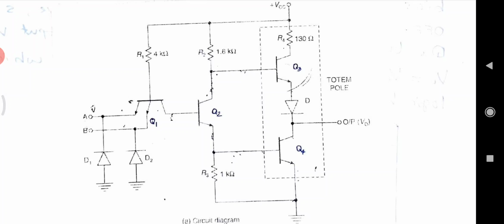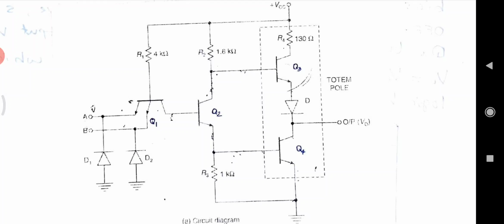We have two cases, that is when A equal to B equal to 1, that is both inputs are 1. Both base emitter junctions of Q1 are reverse biased, so no current flows to the emitters of Q1. The collector base junction of Q1 is forward biased, so a current flows through R1 to the base of Q2